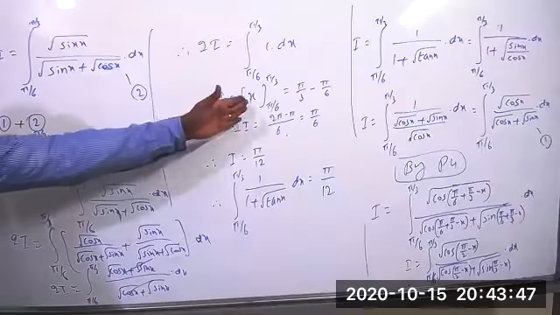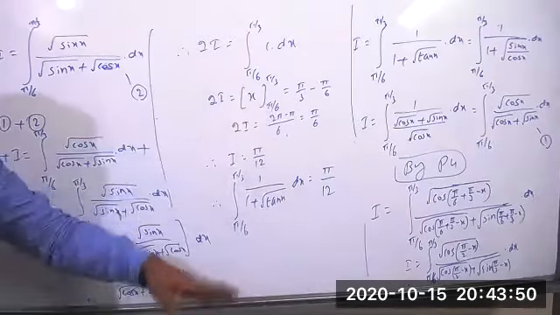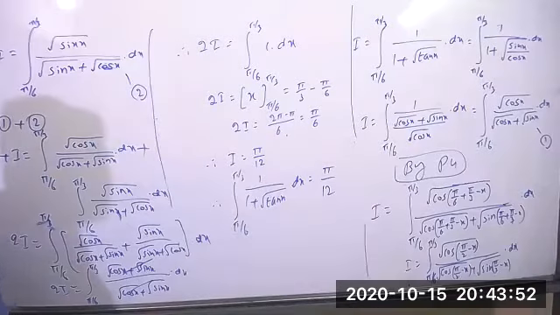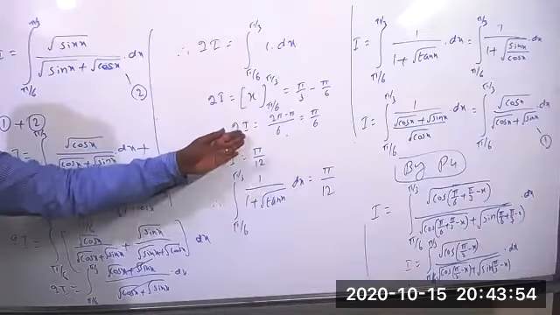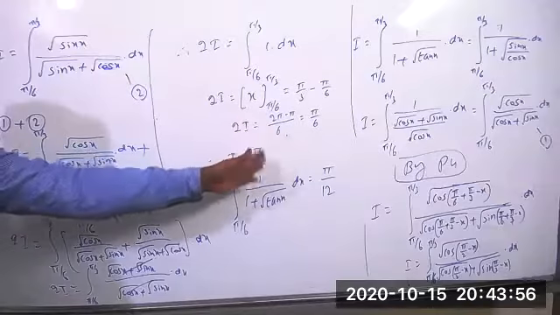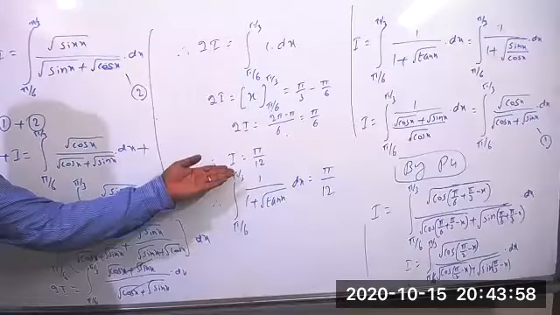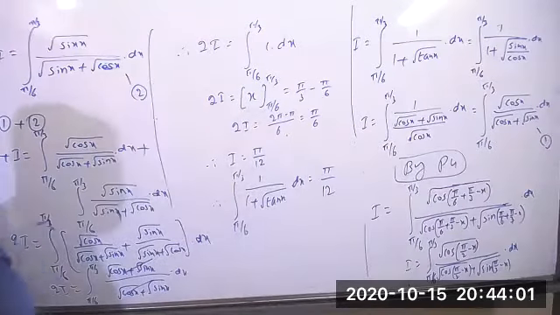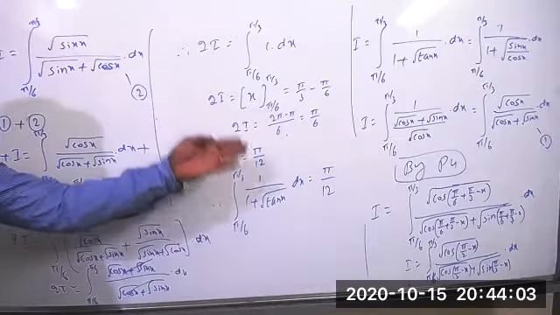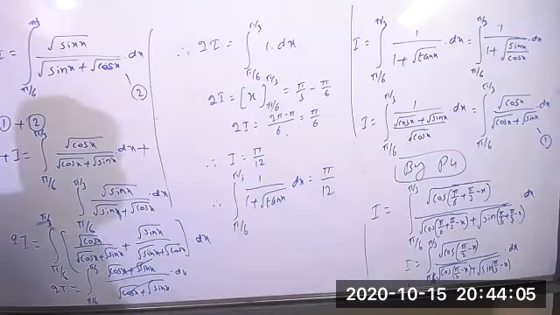So 2I is equal to x from pi by 6 to pi by 3. So upper limit minus lower limit. Then we got now pi by 6. The value of I equal to, 2 goes to the right side now. So pi by 12. You know what is the meaning of I? The given problem. What is the given problem there now? Integration of pi by 6 to pi by 3, 1 by 1 plus root of tan x equal to pi by 12.